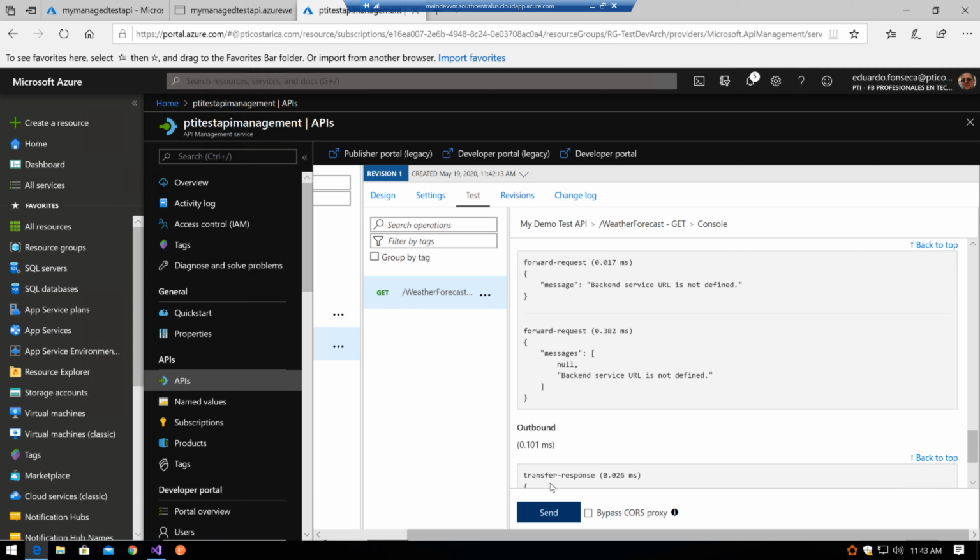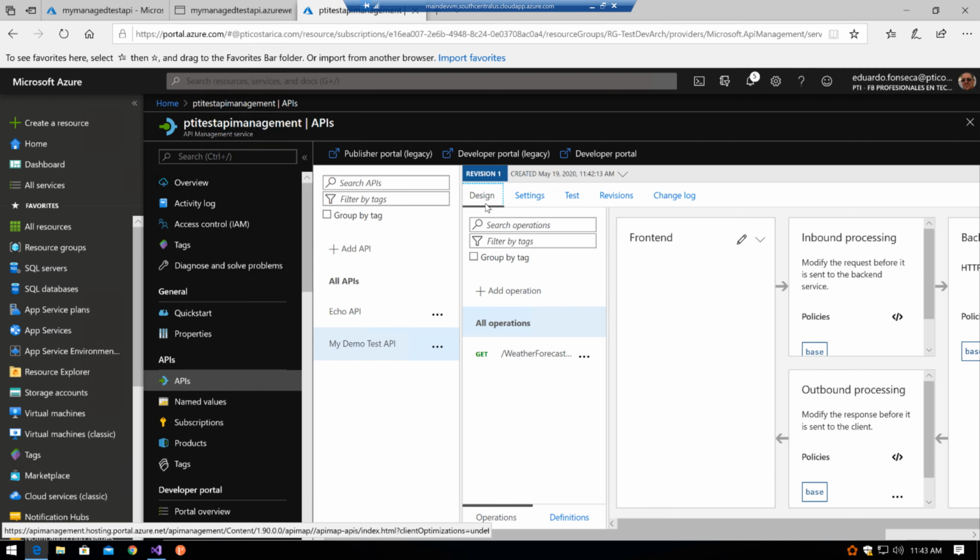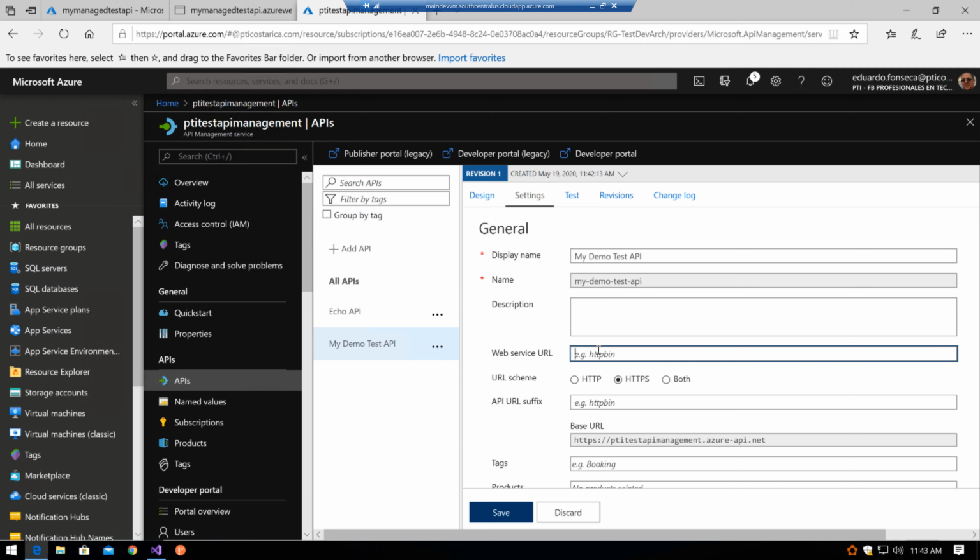So why is that? It happened because when I imported the definition, it doesn't come with the actual web service URL that is being masked, or where the requests are going to be redirected to. So I had already copied the actual URL from my web service or my API, and I already